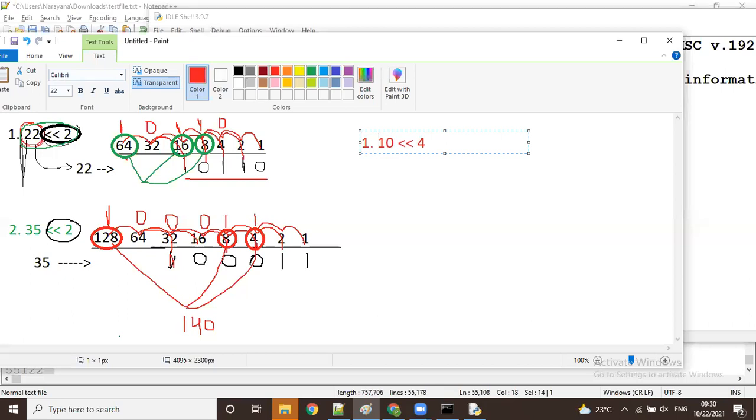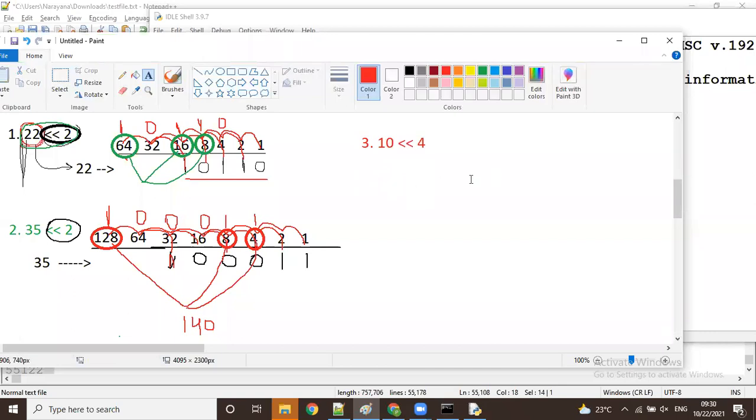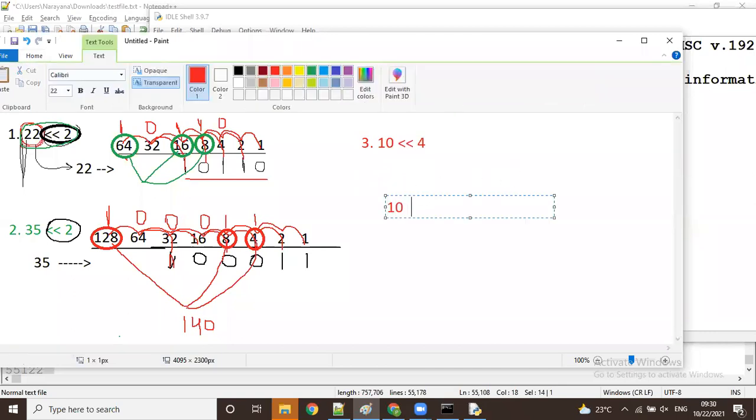So this is which one? Some third example: 1, 2, 3. Third one. Okay, so first for 10, get the binary values. To get the binary values, just 1, 2, 4, 8 is enough, guys. All of them right or wrong? To get the 10, this combination is enough. All of you, am I right or wrong? Let me know, guys. Yes, okay.